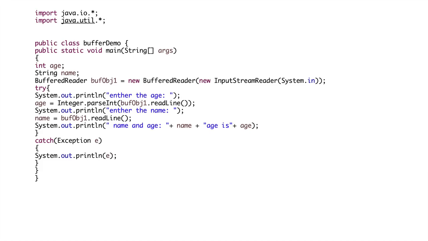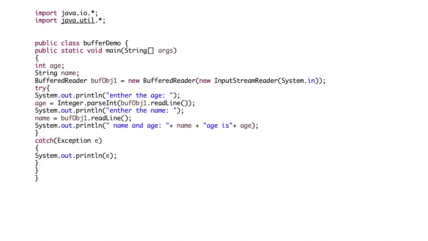You can see the System.out.println. Here I'm getting the age through the BufferedReader object. With the help of the BufferedReader object, I'm using a BufferedReader class method; readLine is a method from BufferedReader. That particular method I'm using. One particular thing is that age is an integer, right? Because we are reading, all the content will be string, that's why we need to do the parseInt, right?